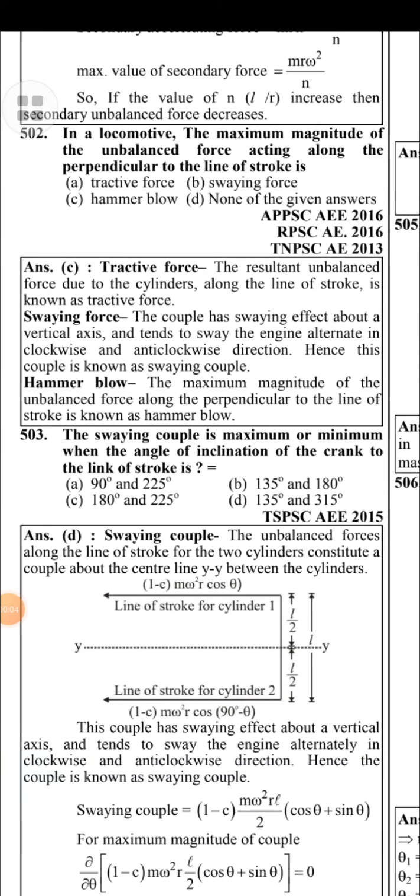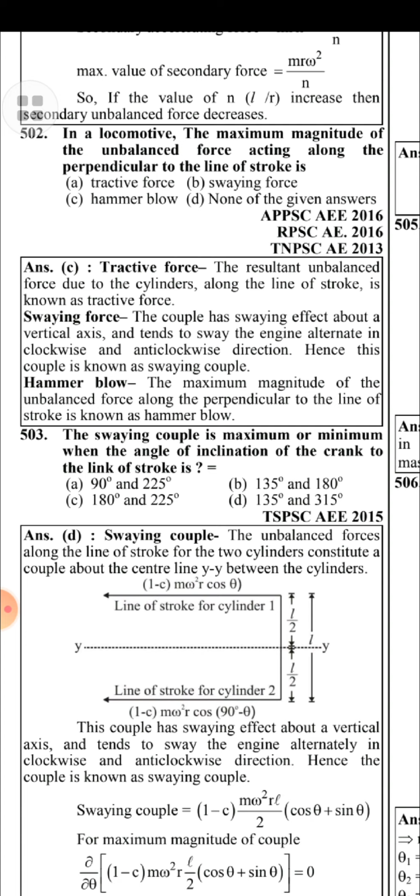In a locomotive, the maximum magnitude of the unbalanced force acting along the perpendicular to the line of stroke is hammer blow. Tractive force: the resultant unbalanced force due to the cylinder along the line of stroke is known as tractive force. Swaying force: the couple has swaying effect about a vertical axis and tends to sway the engine alternately